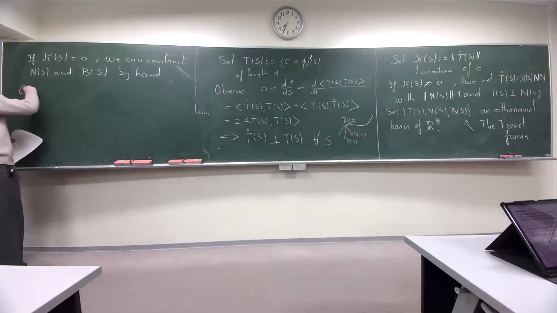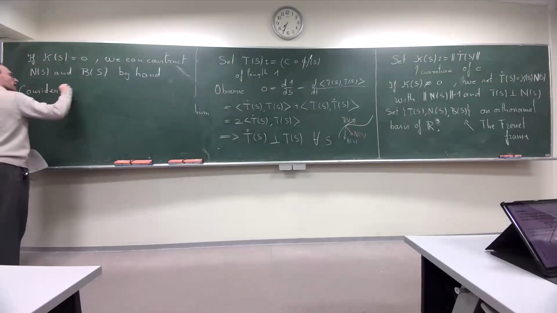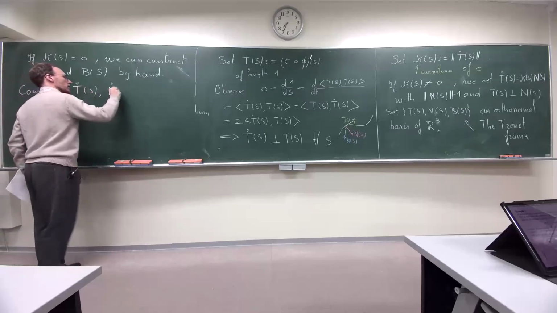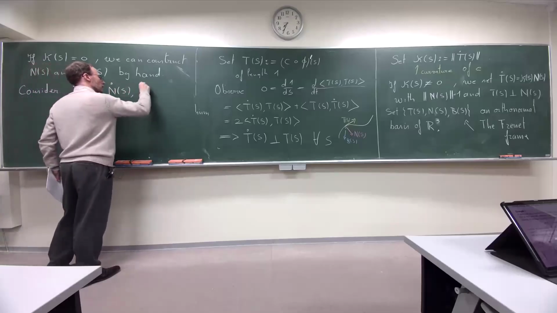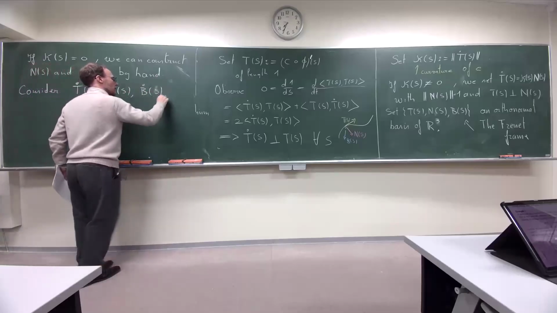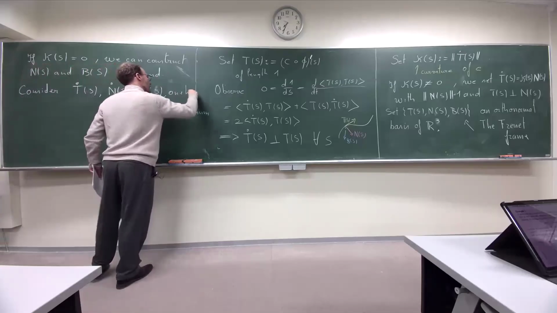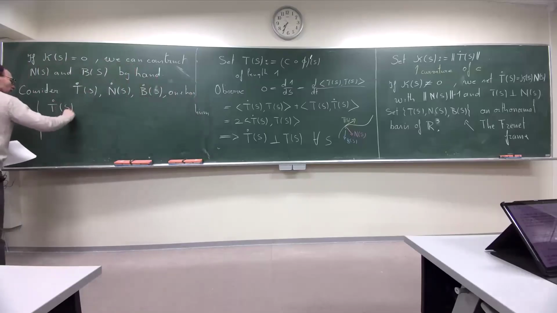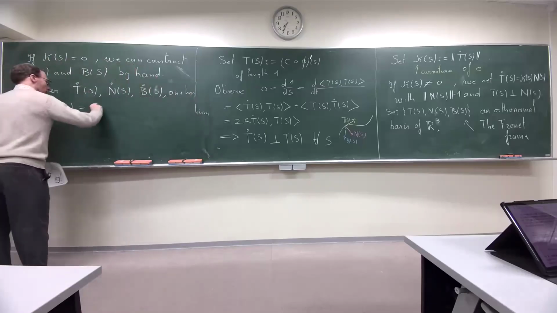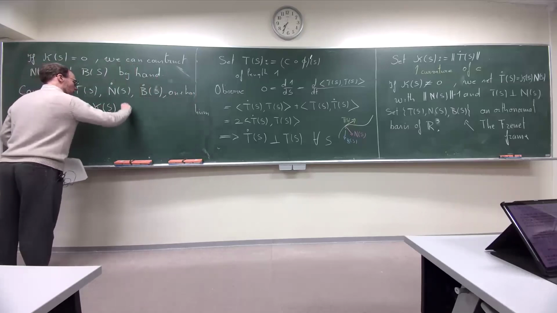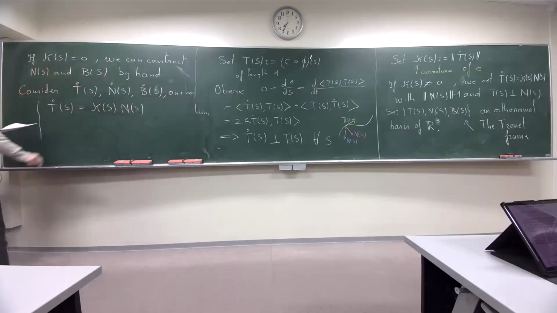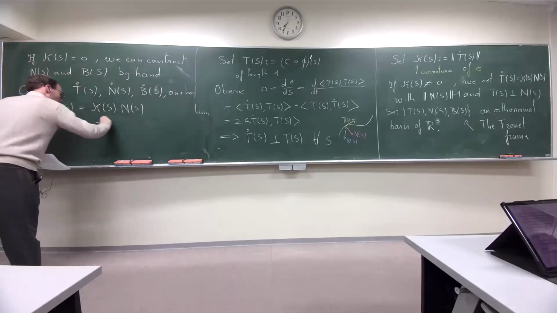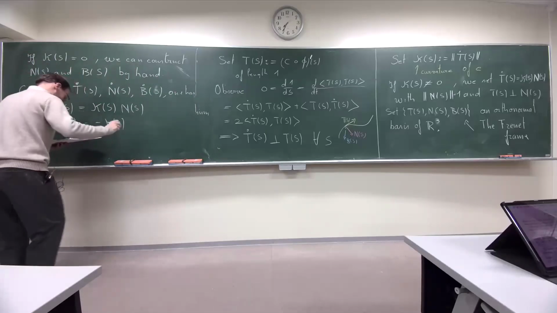So consider T dot of S, N dot of S, and B dot of S. These derivatives are not arbitrary. They satisfy a certain system of equations. So you already know for the first one that you have this relation by definition. For N dot, this is an exercise, you can show this is minus kappa of S times T of S,